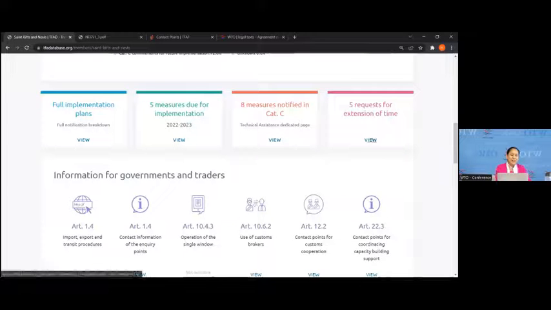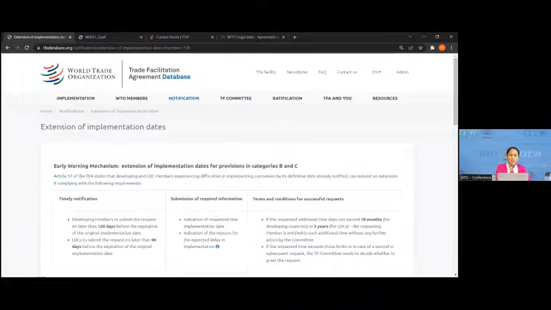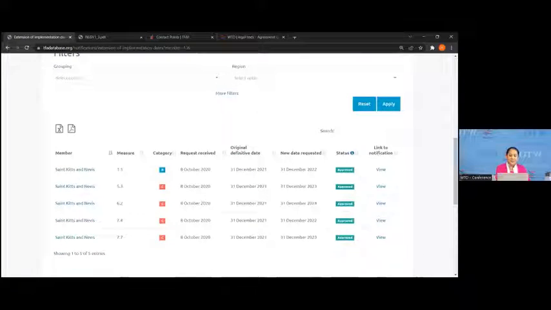5 requests for extensions of time from St. Kitts. And it says, however, we are not listed on the list of the link provided in question 8. Does that mean that we are not approved? Okay, so